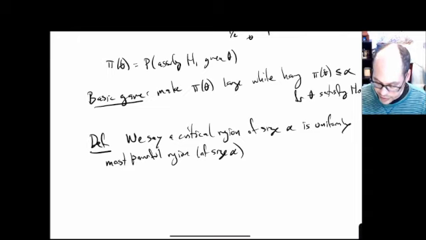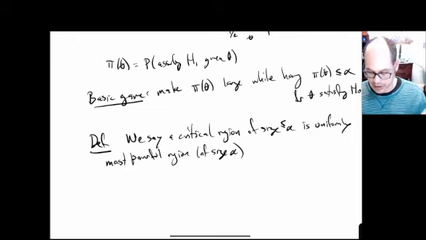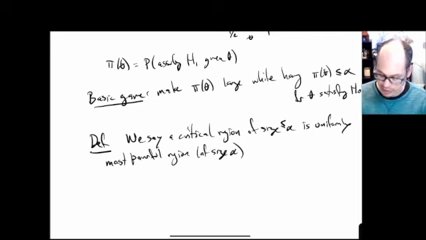I guess I should say of size less than or equal to alpha, because maybe I have something discrete and I have to make myself strictly less or something. But it's most powerful region of size alpha